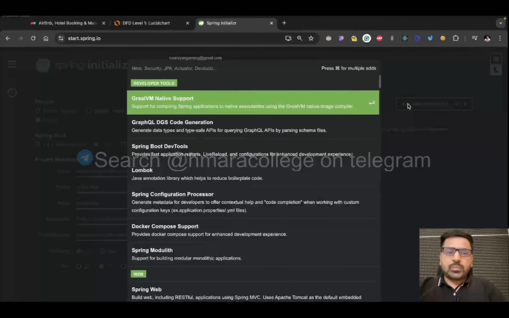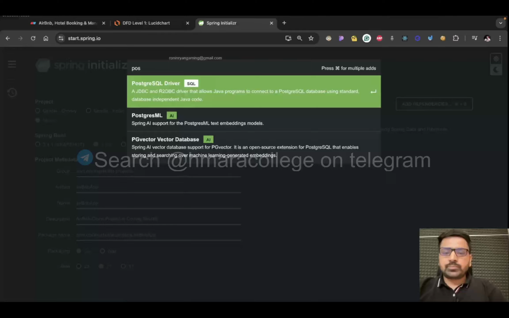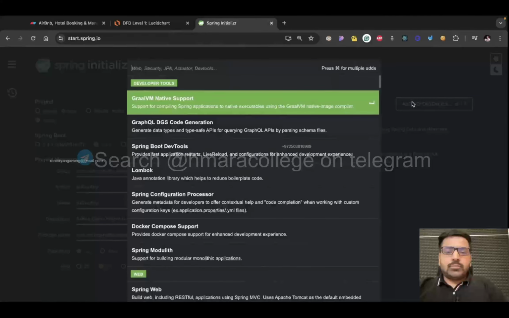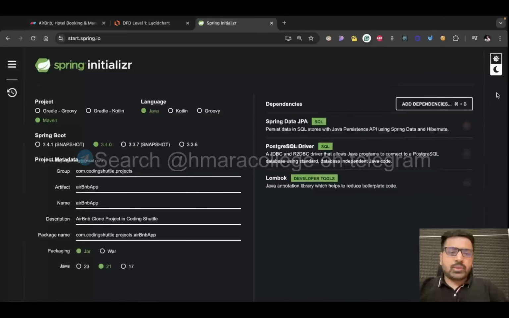And then for the database, we are going to use the PostgreSQL database. You can also use the MySQL database, but I'm just choosing to use PostgreSQL. Both are similar in some aspects, but I find that using PostgreSQL you get a lot more functionalities. Probably not going to cover those functionalities, so we can also get started with MySQL. So just a choice. And then we have the Lombok dependency,